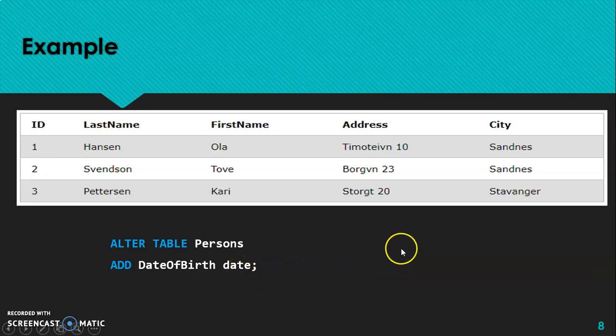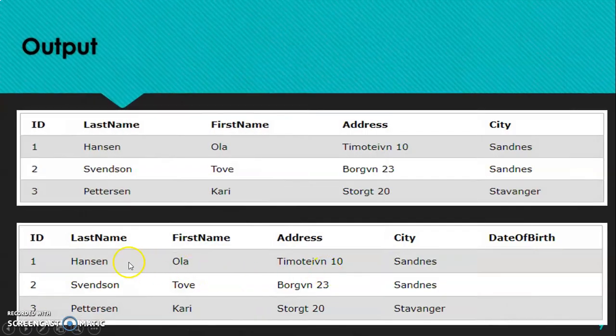When I execute this query, I will get a result like this. This was the initial table. Now after altering, I have added another column here, that is date of birth. Since I have added the column later on, the values in that particular column are empty.